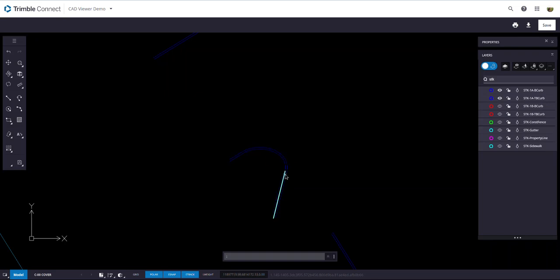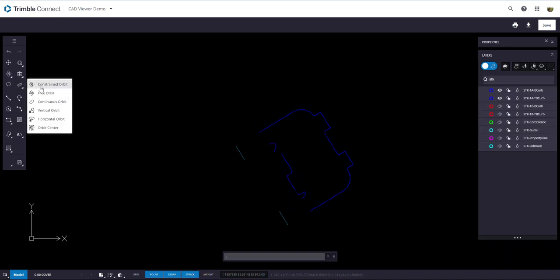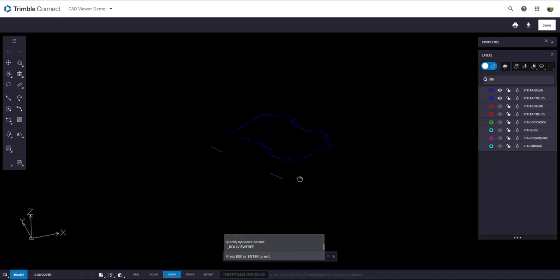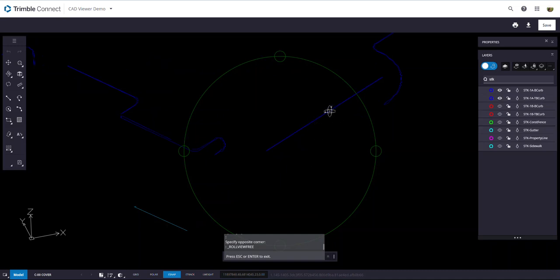So you can see these didn't get joined, right? And then over here, we didn't get joined either. Now, and then we got a little line up there that we don't need to join or even worry about right now. The reason that it did that, let's take a look. If we go into the orbit mode and we do a free orbit, and I rotate this up, you'll see that that line right there is not the right elevation. And actually, if we look at it, this line is at 0, and this line is like at negative